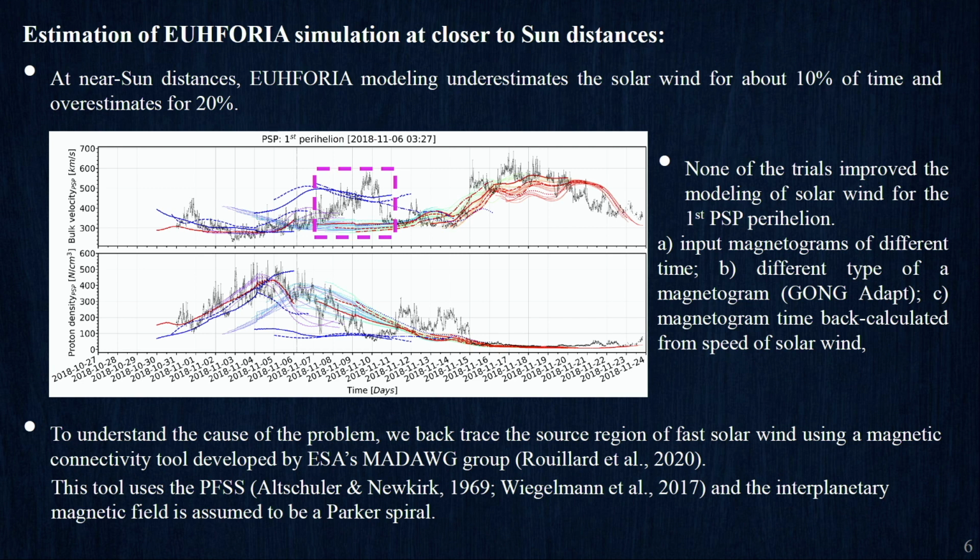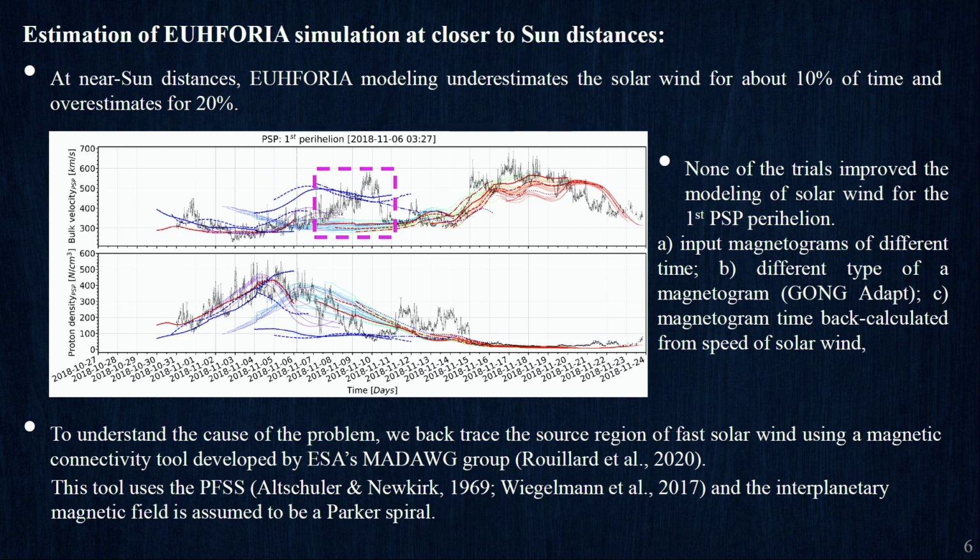This is during the first perihelion, and here we see the underestimation of velocity. We tried to improve its modeling in different ways, like using magnetograms from different times, and also we tried to change the magnetogram from GONG to GONG ADAPT, which is shown in these thick blue lines. And also we back calculated the origin of solar wind from the source surface and used the time of that magnetogram as input to EUHFORIA. Those simulations are shown in thick red curves, but none of the trials could improve the